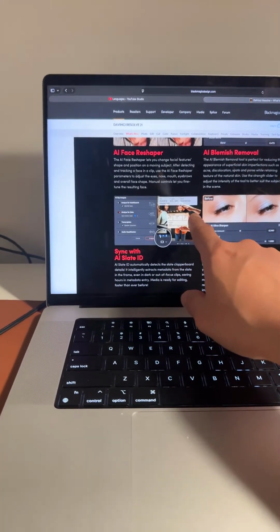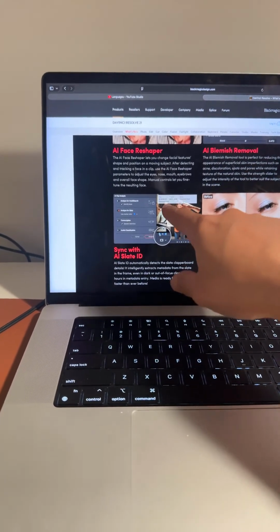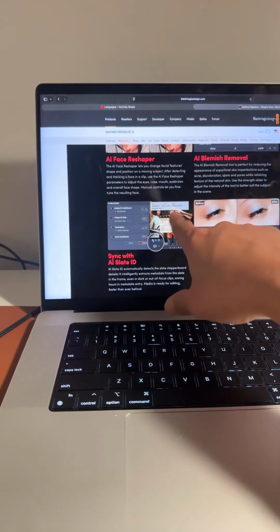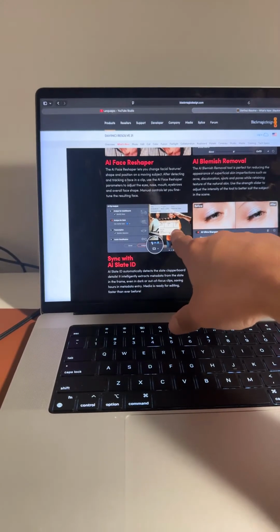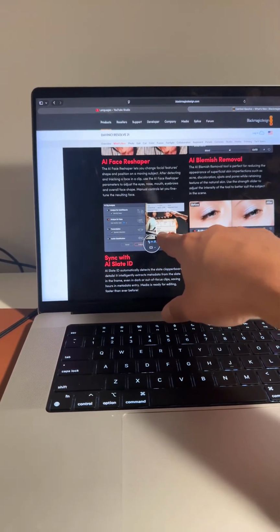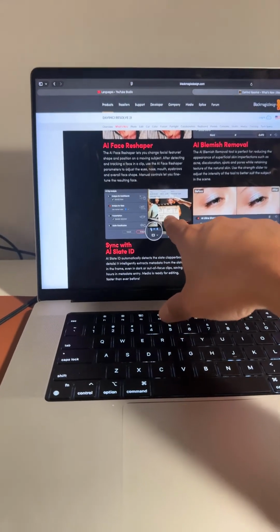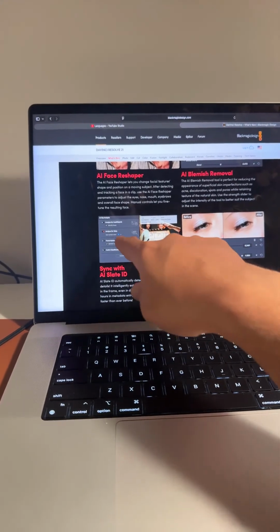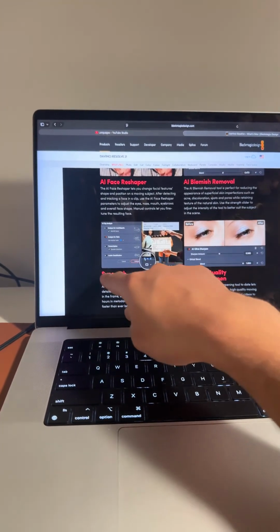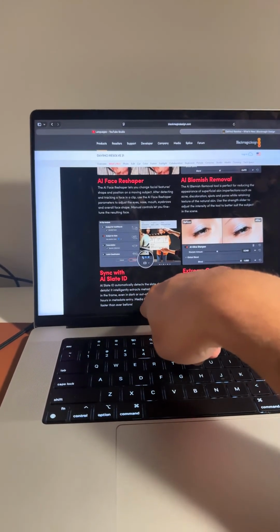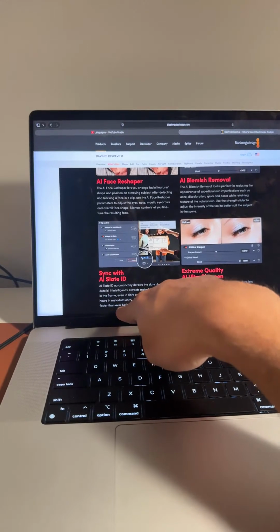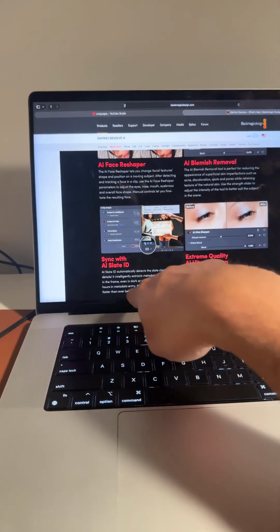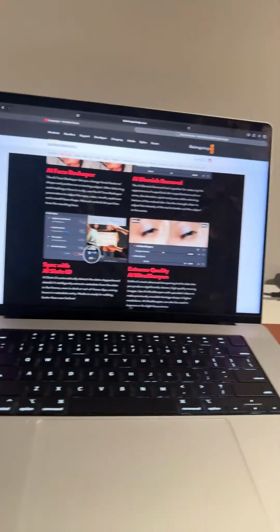And I think it's also, oh okay, looks like it's also going to give you the duration of the clip. Okay, so I thought it was going to give you whatever you wrote on your slate. But if it does that, this is going to be really another cool thing. But so far so good. Analyze for slate, sync with AI slate ID. Media is ready for editing faster than ever before. That's true, this is actually true. This is really great, man. I loved it. All right, let's move to the next one.